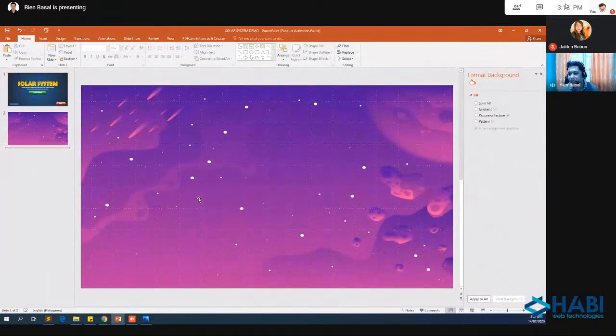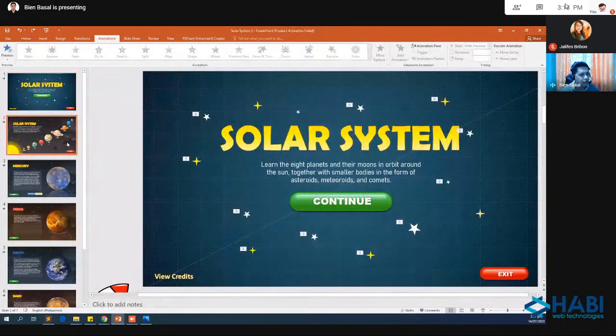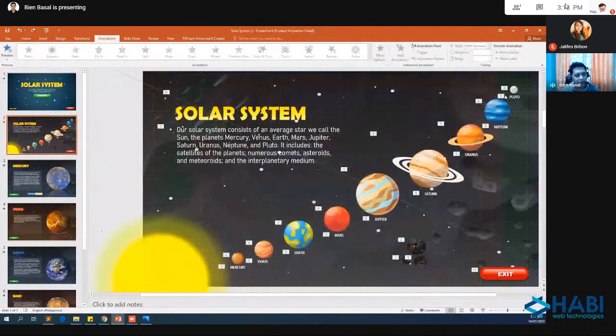We will now proceed to second page. Second page, very easy, don't worry. Simple lang po ito. Okay? If we will check my output, my project here, we have here now the planets. We have here yung sun, solar system title and the definition. And we have here yung line of plan. And we have here the exit button and yung kanyang meteors or asteroids po. Meteors and asteroids.